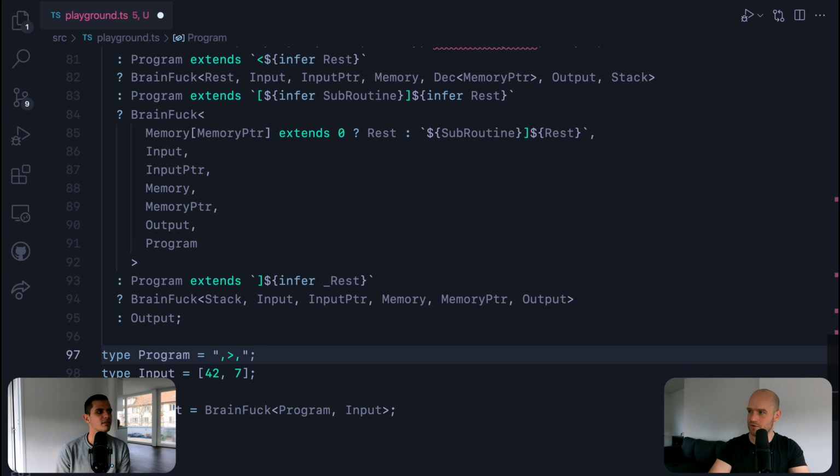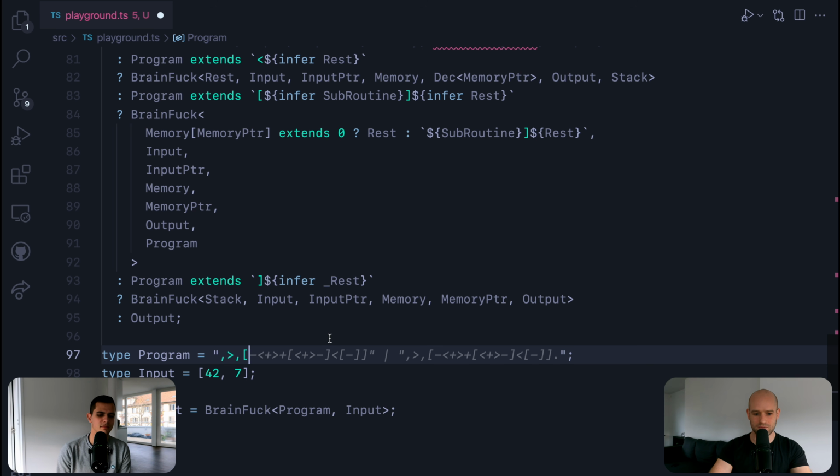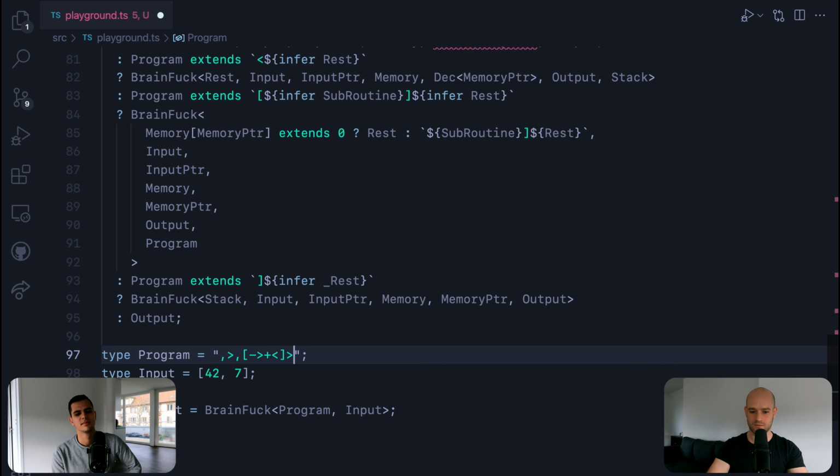So now we have our 2 numbers in memory. And while this one is greater than 0, we're going to increment the other. Once the loop ends, we display the other value, right? So we do a loop. We decrement this one. We go to the next cell and add 1, because we remove 1, add 1 to the other. Go back to the cell that needs to be decremented. And once we're done, we go to the next cell and display the result. So this should be